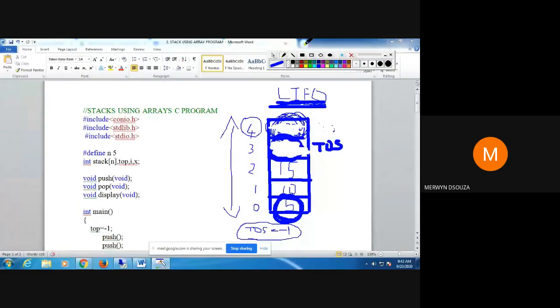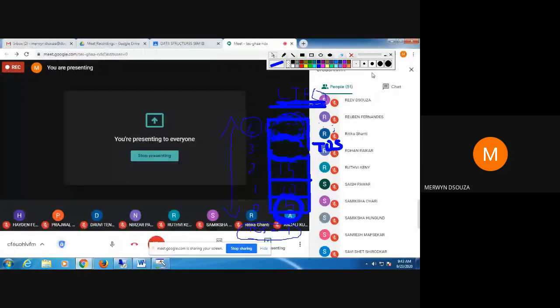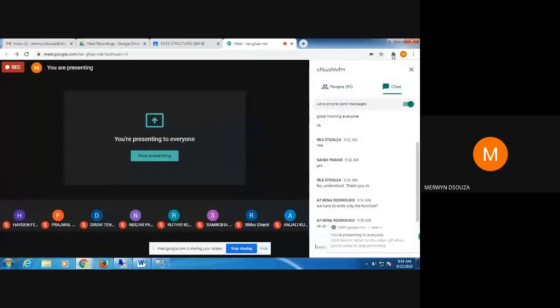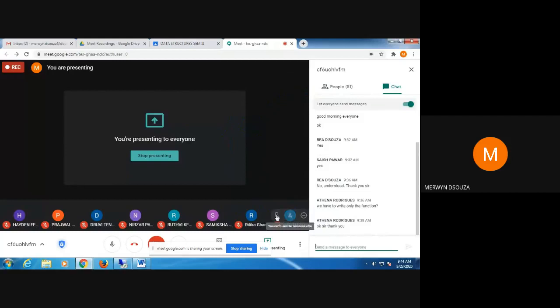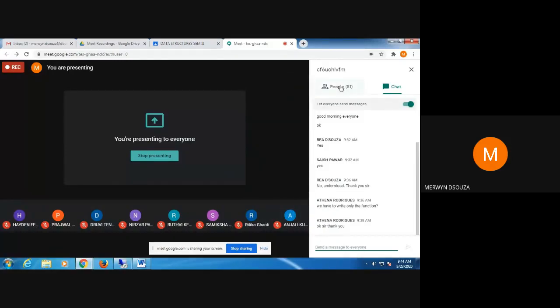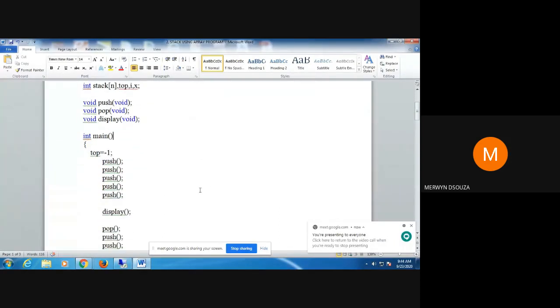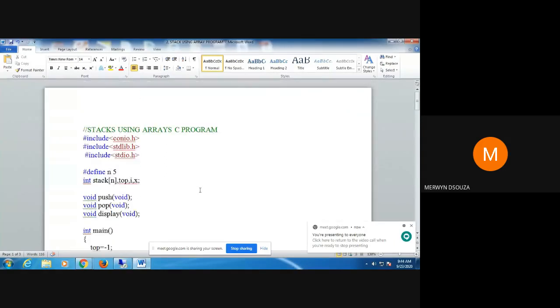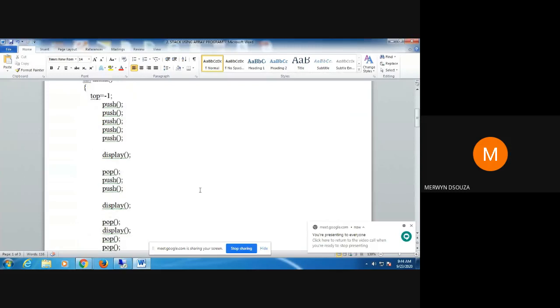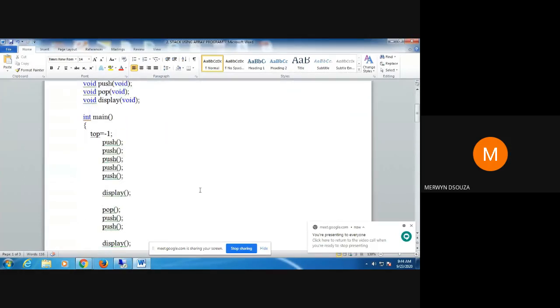Okay, have you all understood why we call a stack last in first out? Any doubts about that? Any doubts before I start with the program? Okay, I'll start with the program then. I'll share this program with you all as a document. You can write it down later in your books. If I finish the class early, I'll give you some time to write down this program.